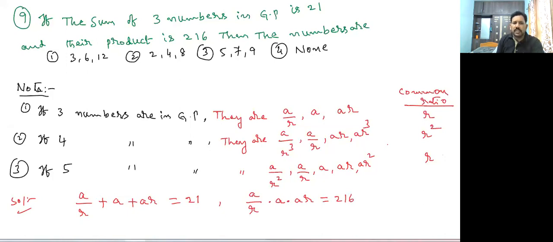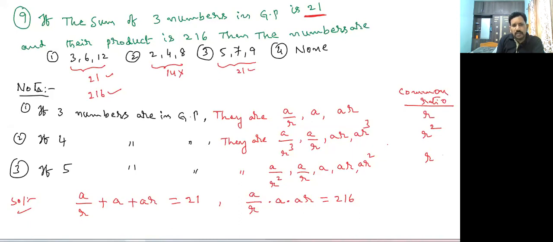This is the original method. Or you can go by the shortcut method. Sum of the three numbers is 21. Add these three numbers, we get 21. This is 14, sum 14, wrong. This is 21, so these two are correct. When sum is 21, product is 216. Here 12 6s are 72, 72 3s are 216. It is correct.